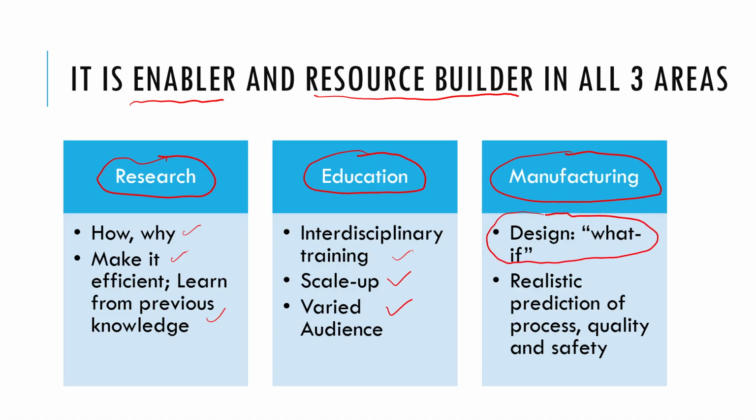One of them is design, or doing what-if scenarios. What if I change the temperature? What if I change the moisture? What happens? Modeling and simulation based on the physics allows that. It also allows realistic prediction of processes, quality, and safety. Let's focus on just the manufacturing part, which is the main reason for a course like this, to relate it to food manufacturing, or as we'll see,